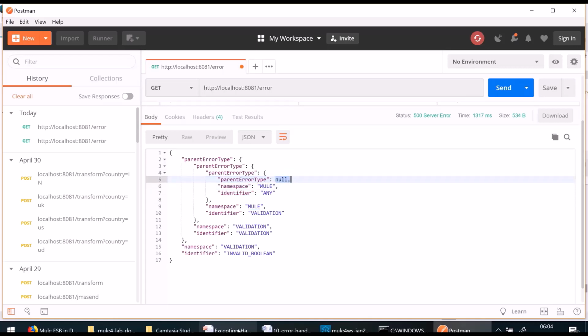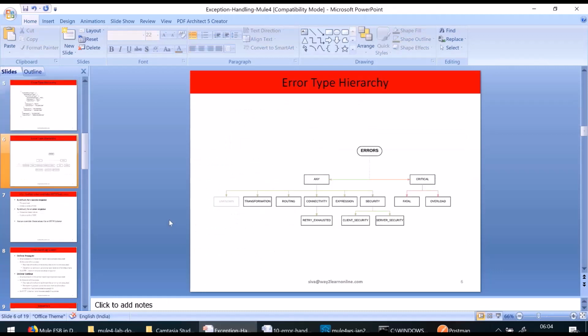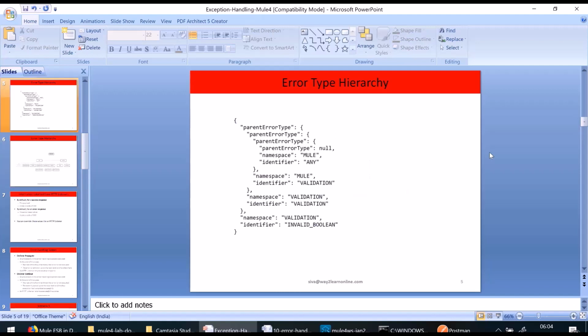So basically, you understood that error types have some hierarchy. I'll just show you. Mule colon any, you can see Mule namespace colon any is the highest one. Under that there are a lot of subtypes, and these subtypes can also have other subtypes, right? This is an error type hierarchy. So when error.type is displayed as JSON, you are seeing this kind of